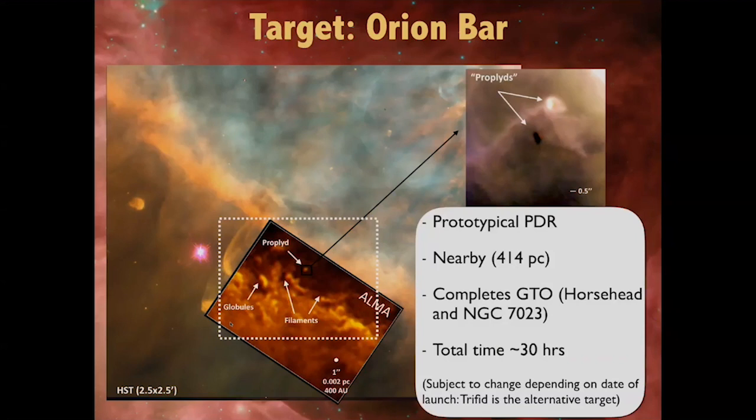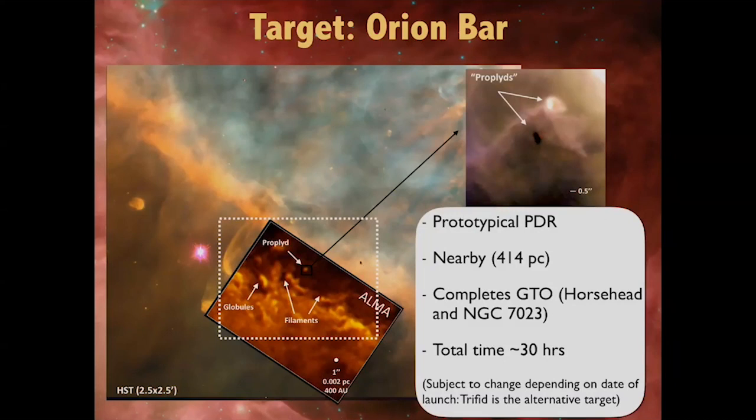So that's the big advantage of the Orion bar. It also completes 2 sources which will be observed in a GTO time, which are the Horsehead and NGC 7023. And we have a total time of about 30 hours. So on the image you see in the background the HST image of